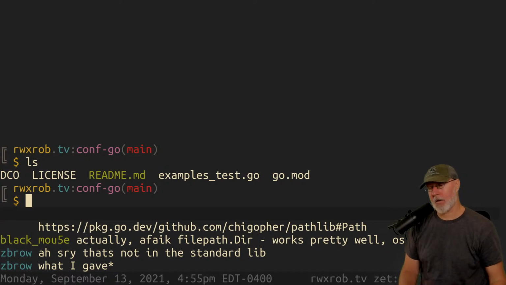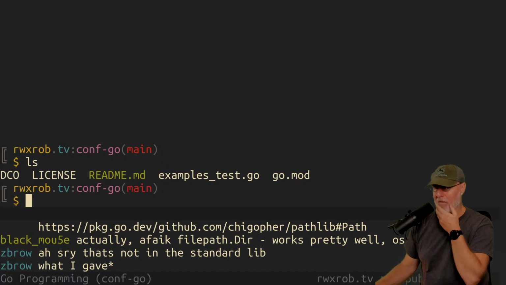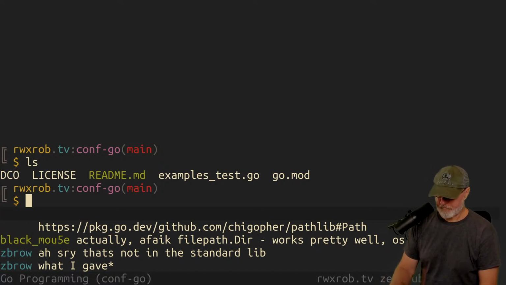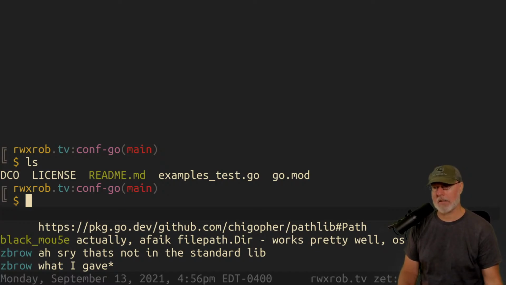If you're not going to do that, install Goland. You don't have to do anything else. You guys know about Goland, right? Goland is an IDE. It's way better than VS Code for Go development, specifically for Go development. Everybody swears by it. If you don't want to use Goland, you can use VS Code, and then you have to do all the crap to it to get it to do Go, which takes a long time. There's lots of stuff you have to tweak and everything. Same with VI though. So if you're going to use VI, you're kind of buying into that.